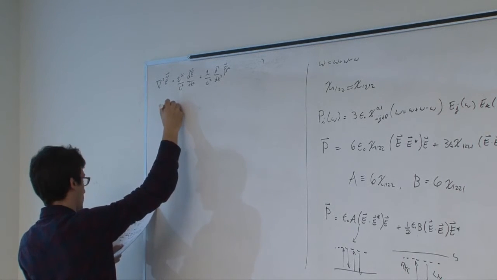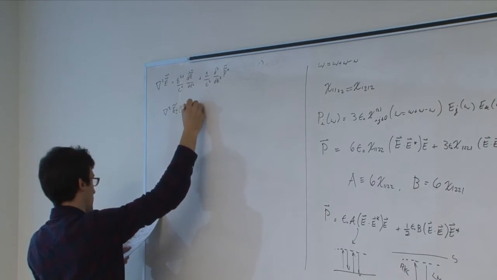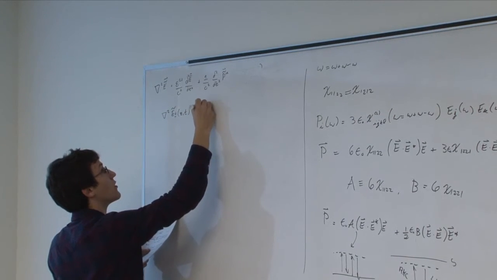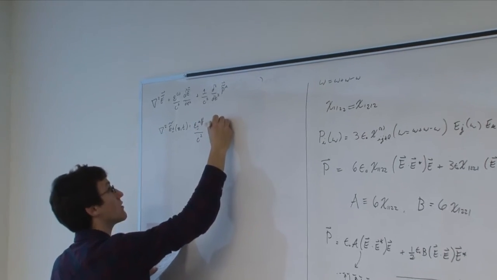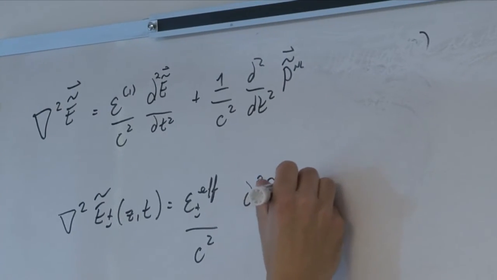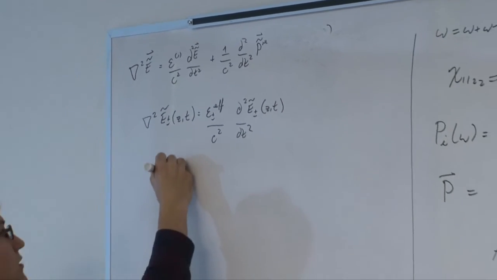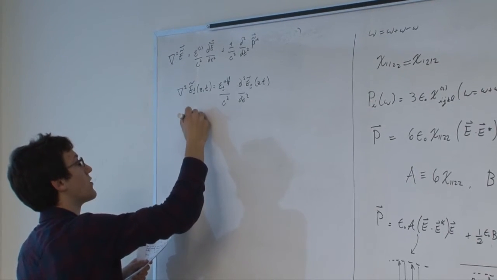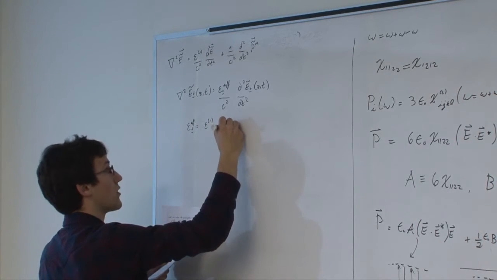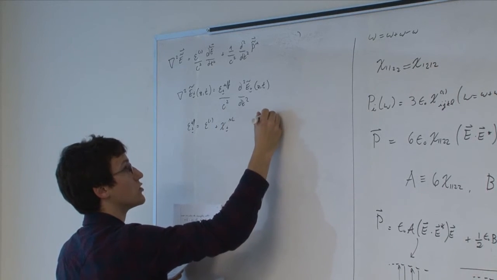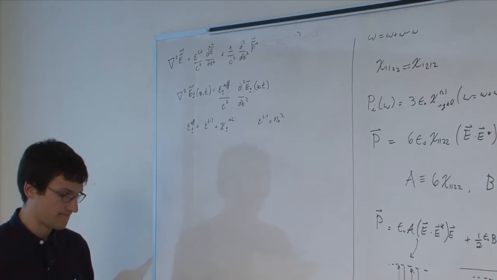And you will find that you have this equation, for plus or minus, z and t, equal to epsilon plus or minus effective over c squared times the second time derivative with respect to t, where epsilon plus or minus effective is simply equal to epsilon 1 plus chi plus or minus NL, and epsilon 1, just as a reminder, is simply the linear refractive index squared. Okay,